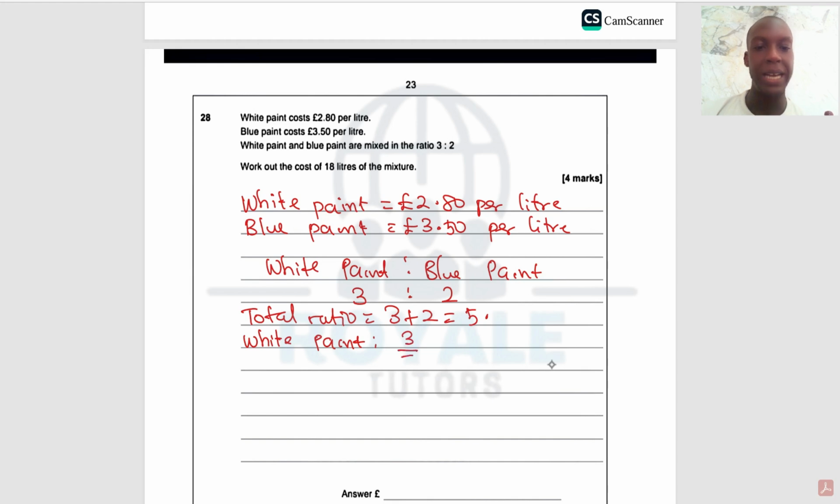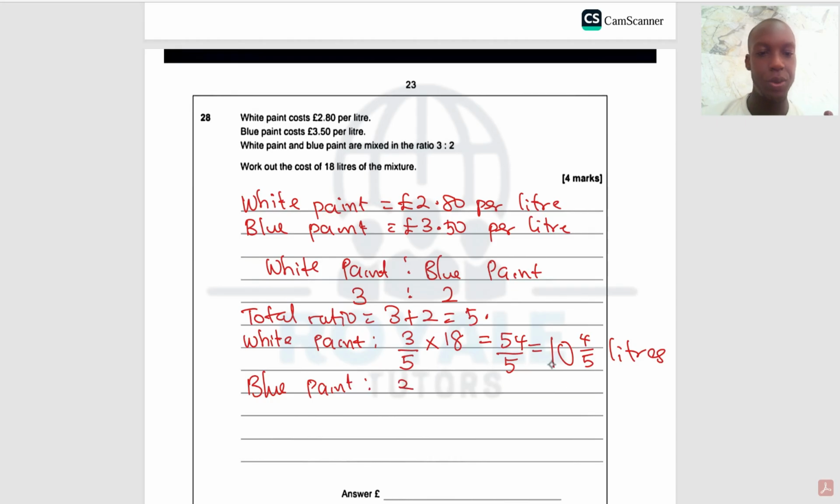3, divided by the total ratio, then multiplied by how many liters of the mixture are we making? That's 18. 3 multiplied by 18 is 54, and 54 divided by 5 is 10 and 4/5 liters. Actually, that's what we're going to be using for the white paint. And of course, for the blue paint,